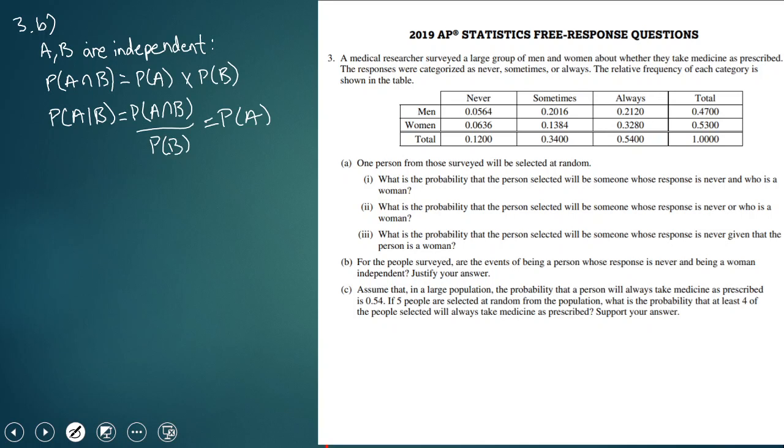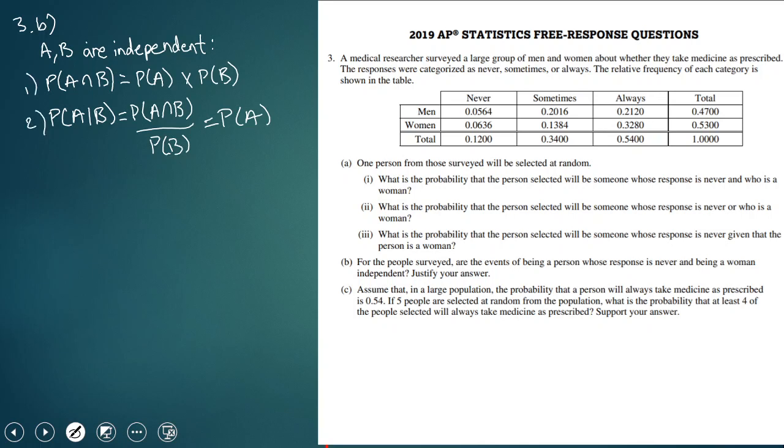So let's consider it now in terms of a problem. So the events of a person whose response is never and being a woman, are they independent? Well, the probability of never and a woman we found is 0.0636. If we multiply the probabilities, so if I multiply 0.53 times 0.12, I get 0.0636. So using this first fact, because the probability of never and woman is the probability of woman times the probability of never,